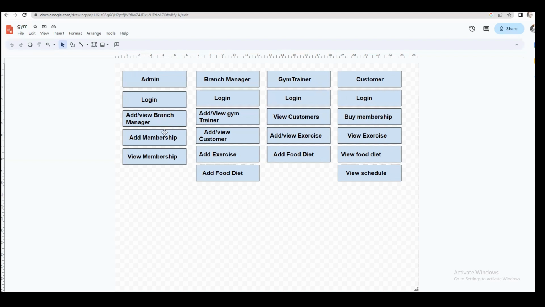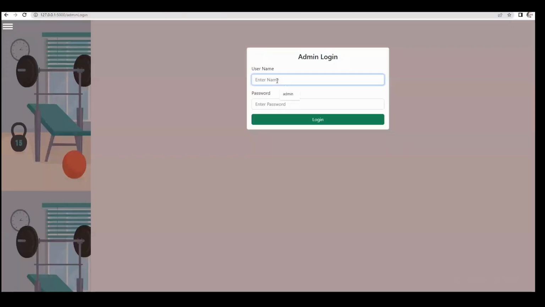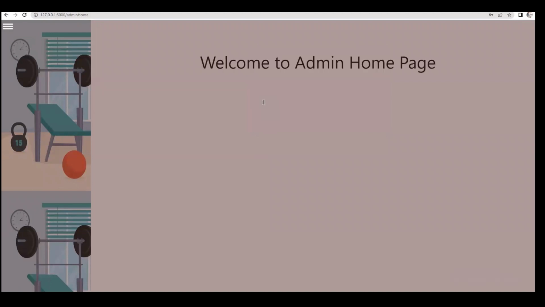So this is the flow diagram of the website. Let's see the output here. So this is the website homepage, and here I'm logging into the website with the username admin and password. This is the homepage for admin, and here